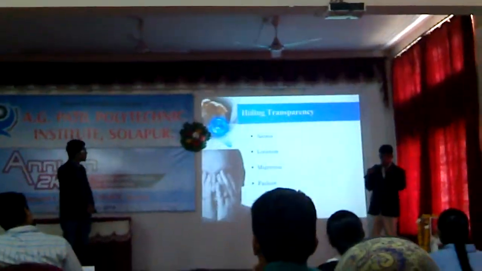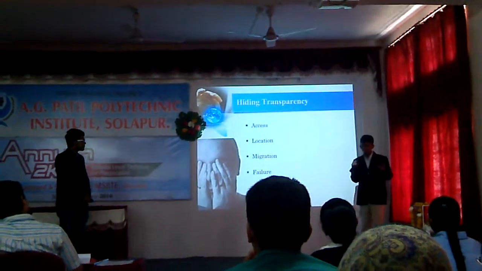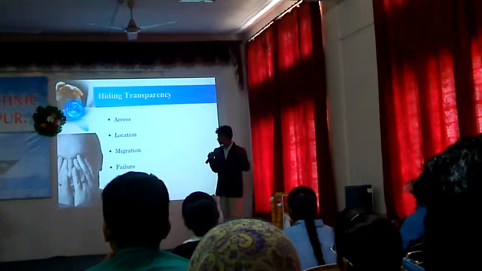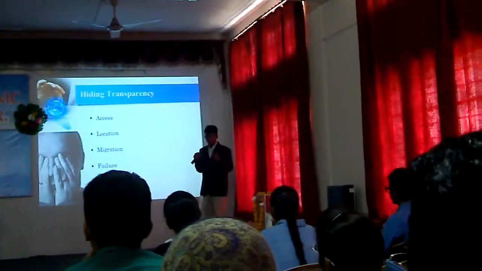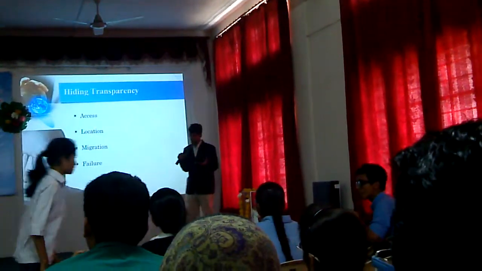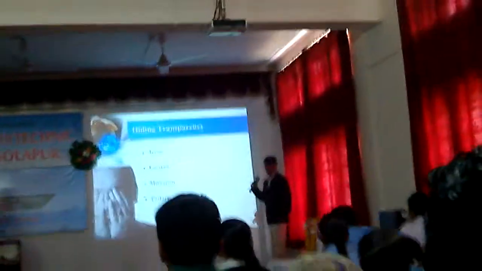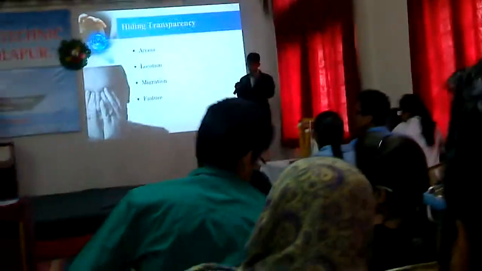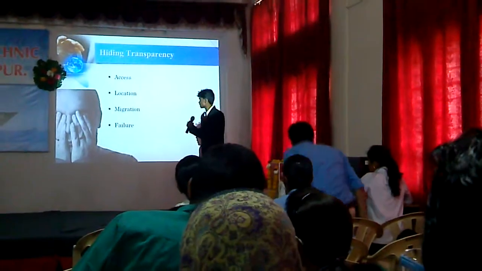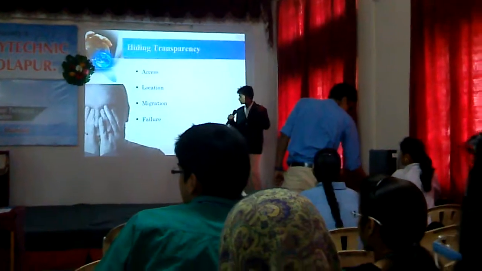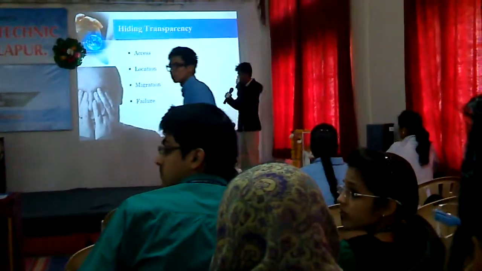You all go to a hotel or restaurant, right? Do you ever concern yourself with how the food is cooked? You are only concerned with the taste of the food, right? You are never bothered to know how exactly it is internally prepared. Same like this, these are some objects that we hide from the user. Access means how exactly the data is accessed is hidden from the user. Location means where our data is stored. Which slave is storing our data is hidden.